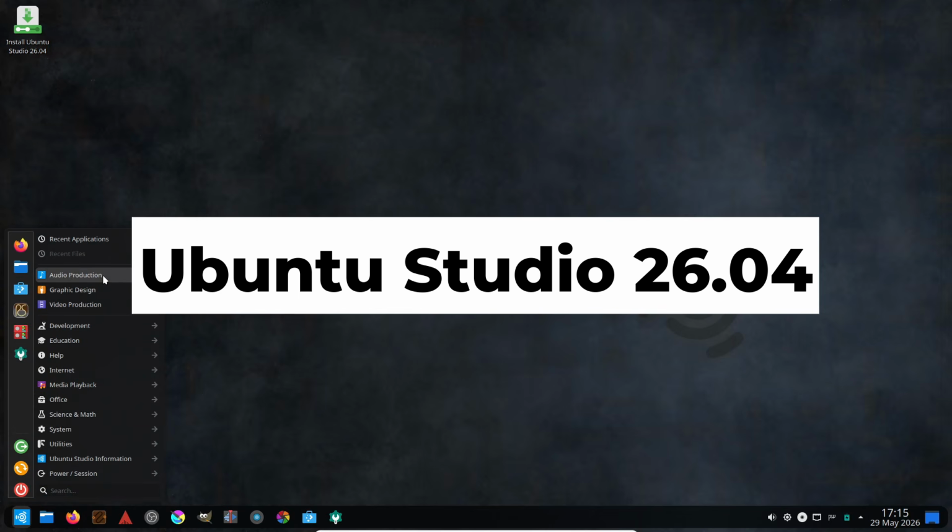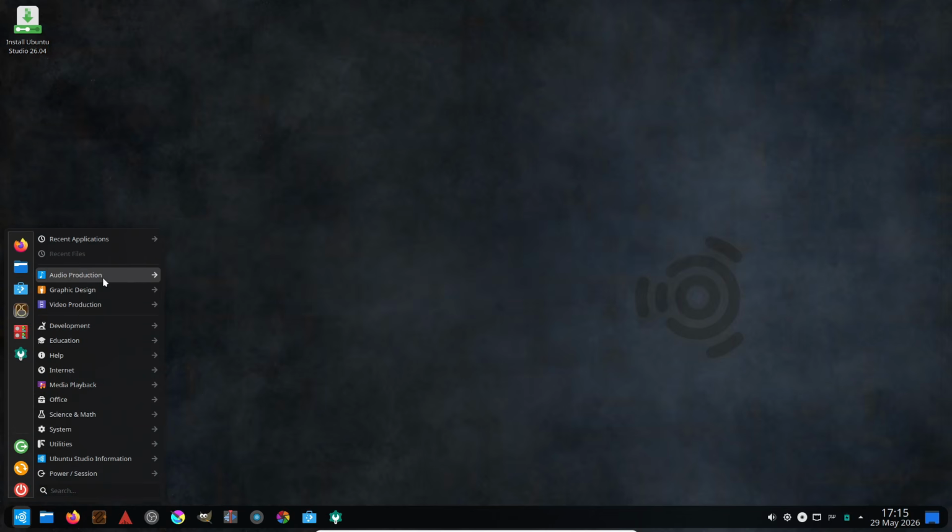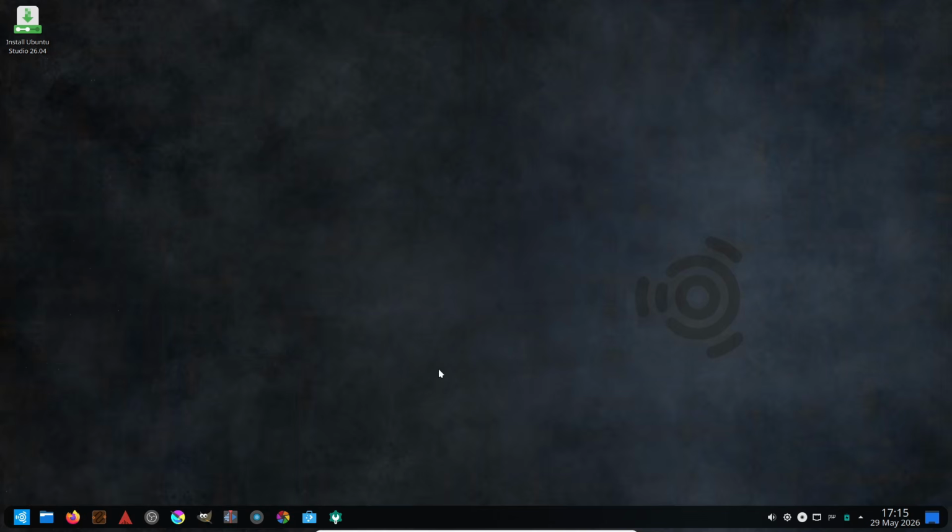Today I'm doing a full review of Ubuntu Studio 26.04 LTS, the latest long-term support version, specially built for musicians, video editors, graphic designers, and content creators. This release is called Resolute Raccoon, and after using it intensively for the past 2 weeks, I have a lot